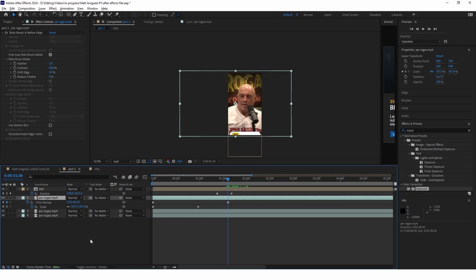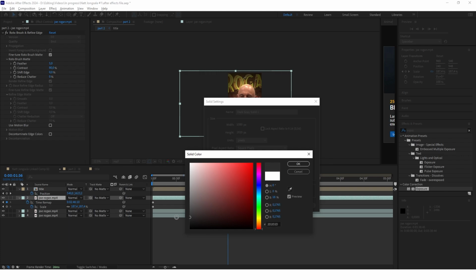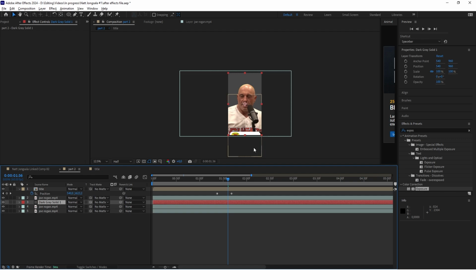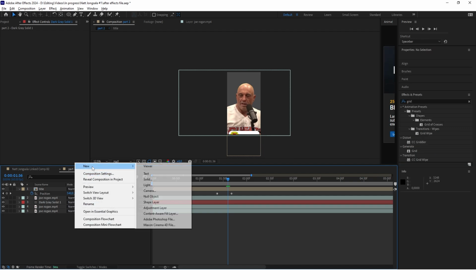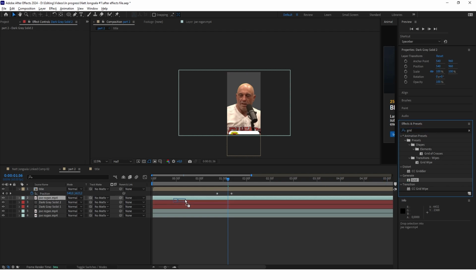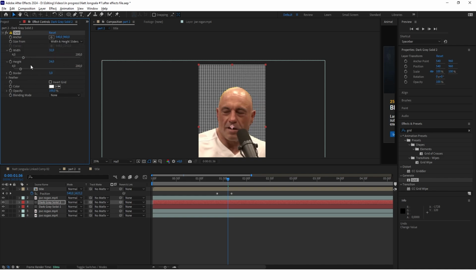And now in this moment, we'll start changing the background from this background to the grid background. So first of all, we have to create this grid background. So create a new solid, set the color to gray, like that, and put it behind the top clip layer. So like that. And now create another solid, put it here and search for grid and put grid on this second solid. And now set the size from to width and height sliders and play with these two sliders to get the look that you want. Okay, so for me it will look like that.